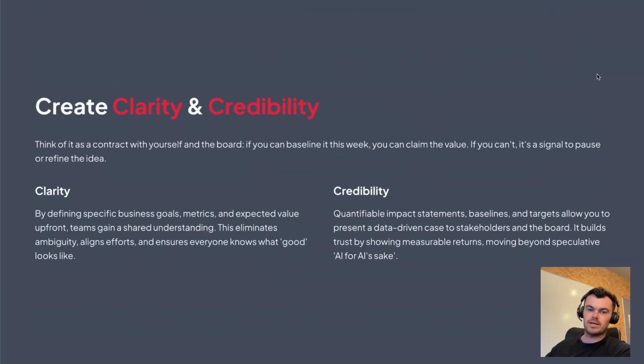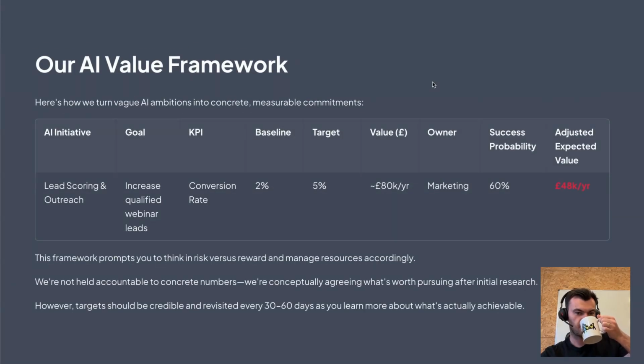The whole goal here is to create credibility and clarity. So when you're talking to your board, when you're talking to your customers, we want to be able to say, look, here's a really clear stance, here's a really credible stance. We've looked at the numbers, we've tried to assess this as best as possible. Here's how we're going to move forward in AI, avoiding this AI for AI's sake and feeling like it's messy. A lot of companies actually feel pretty lost sometimes when they're trying to explain what they're doing with AI, and hopefully this will help.